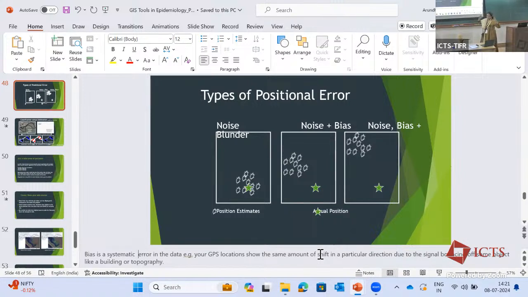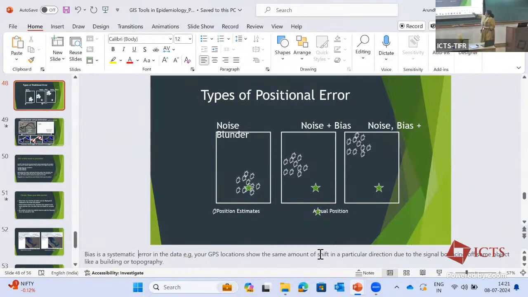You can have positional error, okay? But you can also have a shift. This very often happens with GPS data: if there's an error, the signal is bouncing off some kind of topography or something, it will shift everything by a certain amount, a systematic shift. That's called a bias, okay? So sometimes you will have this sort of positional error noise plus a bias, a systematic shift in one direction,